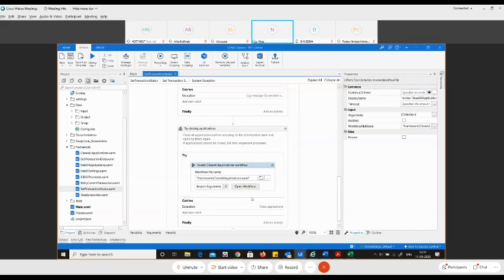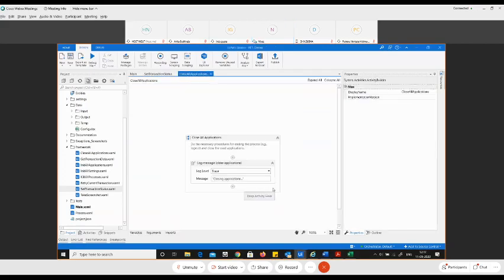Let me open this workflow, and over here you can see there is nothing but just a log message saying closing application dot dot dot. So what does this mean? If you have a system exception, that means your program is going to end. Obviously we have a try catch mechanism, but in that case what we are going to do is close the application that might cause an error. Let's say for example the web page is not working fine, or is still loading, or you want to start the web page again. So what we will do is close the web page,